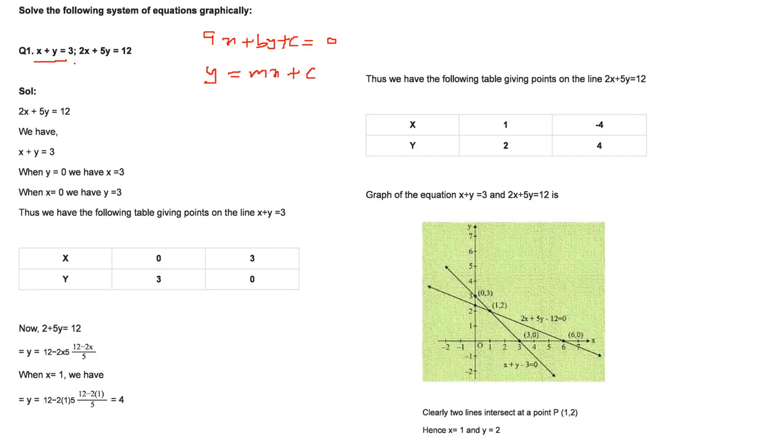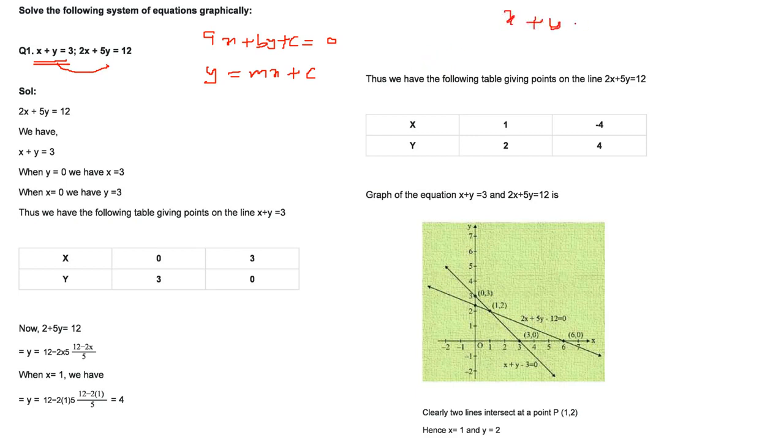And what are the procedures which we'll adopt? Sometimes one way will be better, sometimes the other way will be better, right? So here this is an equation x plus y equal to 3. Just try to simplify this equation, and see how these two equations are related, whether they are equal or not. If they are equal, that means there will be only one line. They are coincident, infinitely many solutions. So for x plus y equal to 3, the best way is to find it like this: